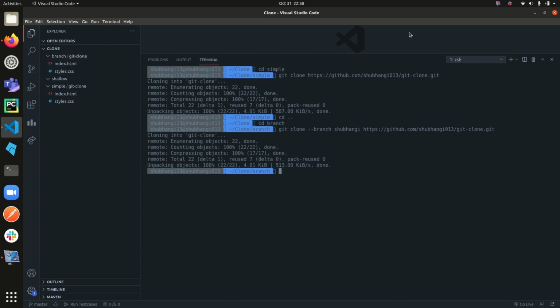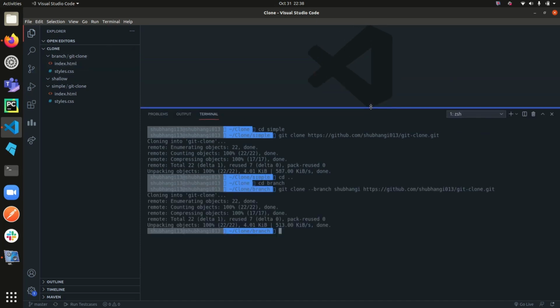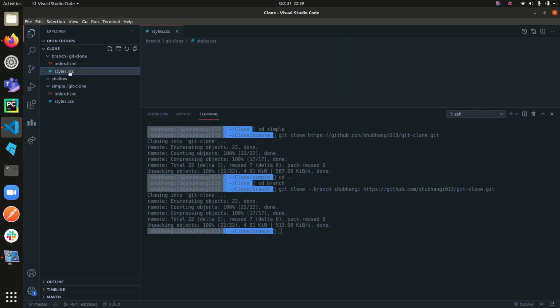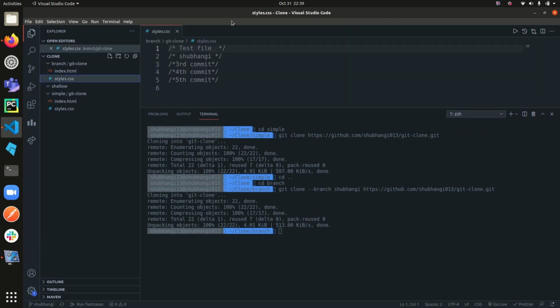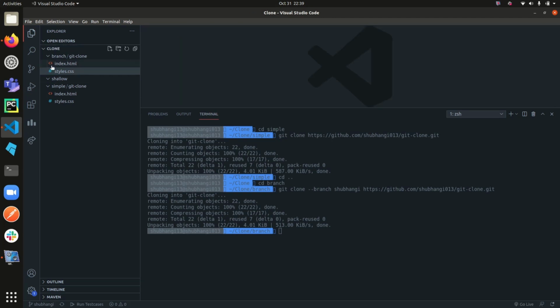Now you have a single branch cloned. If I look at the style.css, it must have Shubhangi written in it. It has, for it to belong to the branch Shubhangi, since I made the change.